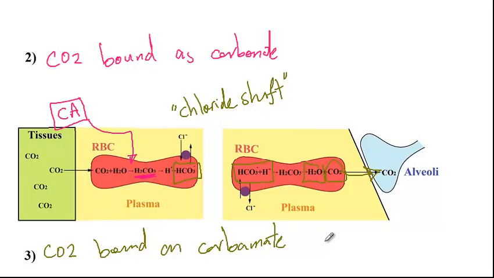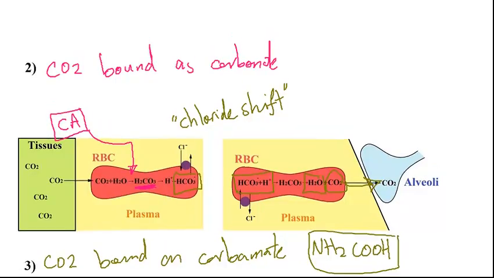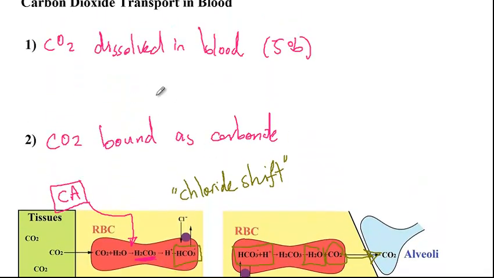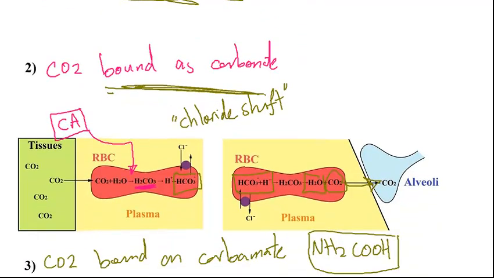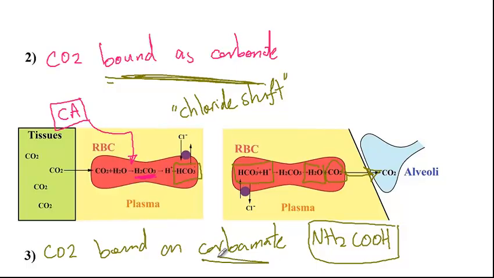So basically carbon dioxide can bind to hemoglobin as carbamate, or NH2COOH. But then this binding depends on whether that hemoglobin has already picked up oxygen or not. If that hemoglobin has not picked up oxygen, then CO2 can bind as carbamate. If it has already picked up oxygen, then there will be lower affinity. All right, so therefore, we have three different mechanisms for carrying CO2 by the blood. One is being dissolved in the blood, two, carrying it as carbonate, or three, by binding of CO2 as carbamate